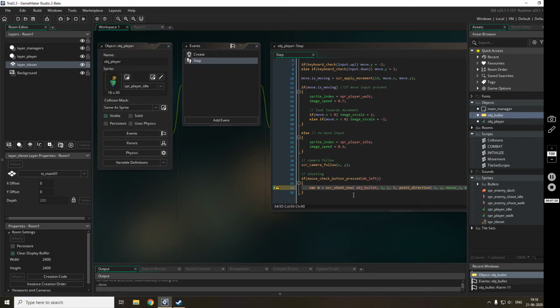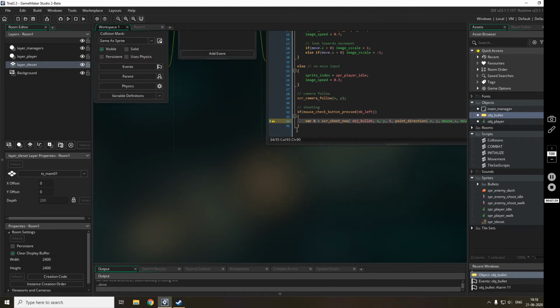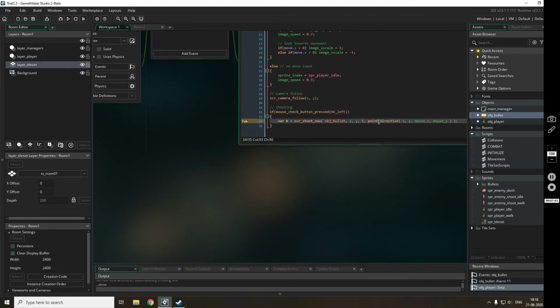So we will be setting b dot alarm 11 is equal to, maybe we want to destroy it after some 50 steps, so the bullet will automatically be destroyed after 50 steps.